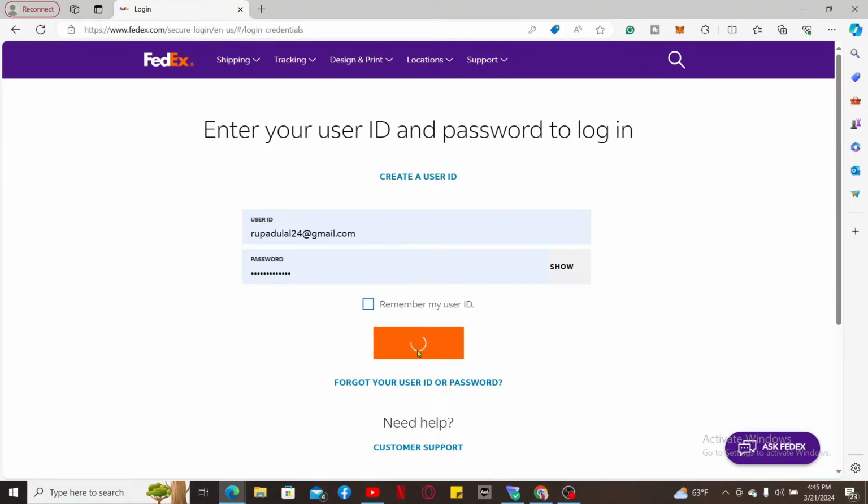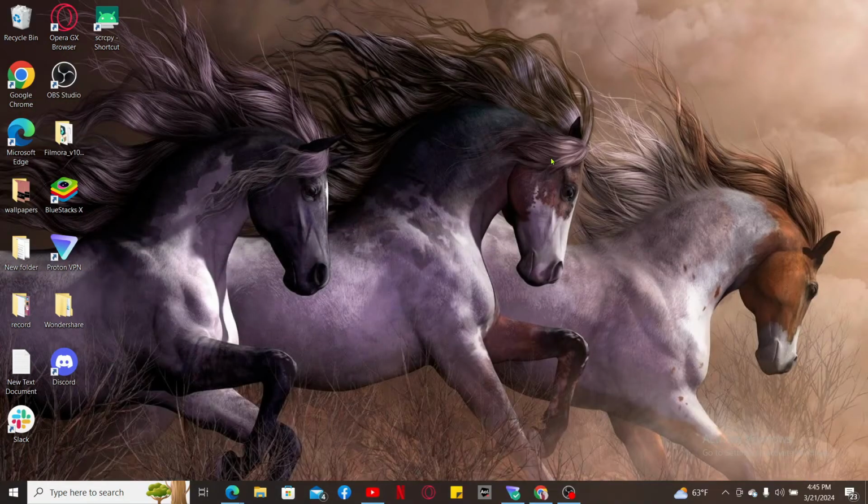After logging in, you can manage your account details, view your profile, update your address book, or handle billing and reporting. So that is how you should be able to log into your FedEx business in just a couple of